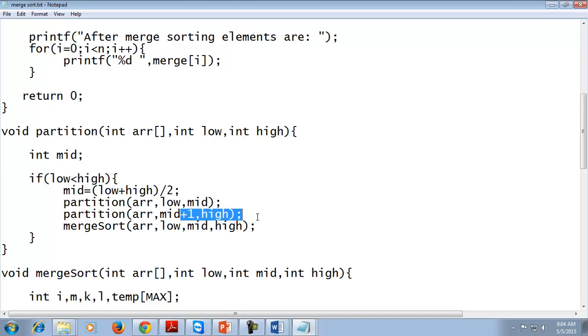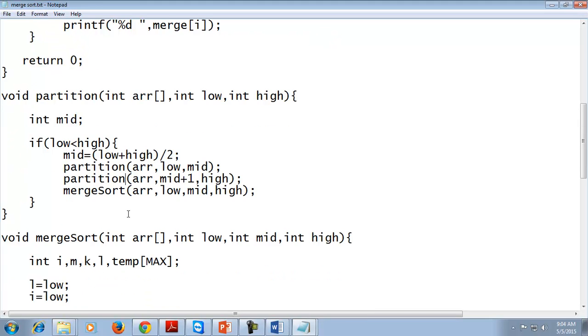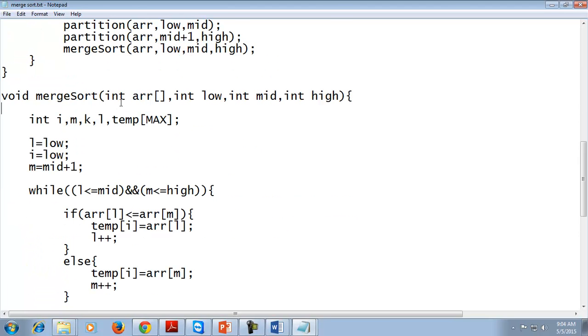Then after partitioning the list into different sublists, we will call the merge sort function, in which we pass arr, that is the array, the lower index, the mid value and the high value. In merge, we will compare the values. L is the low, M is mid and high is the highest index.